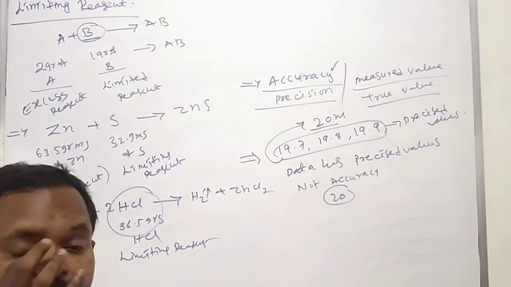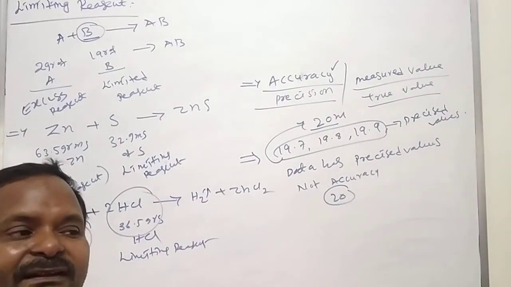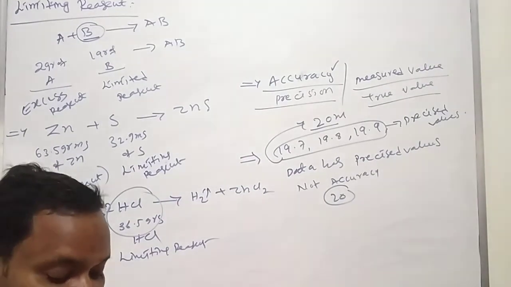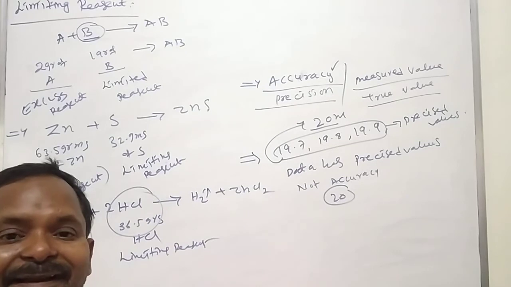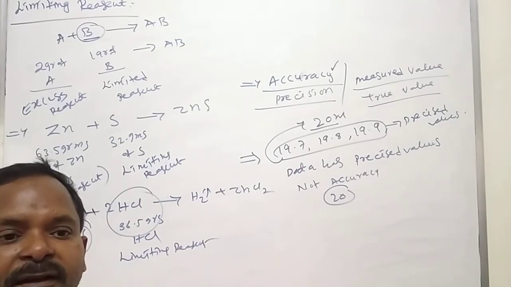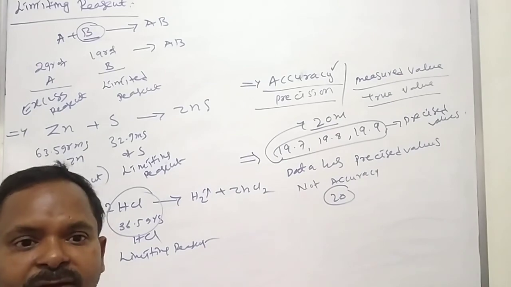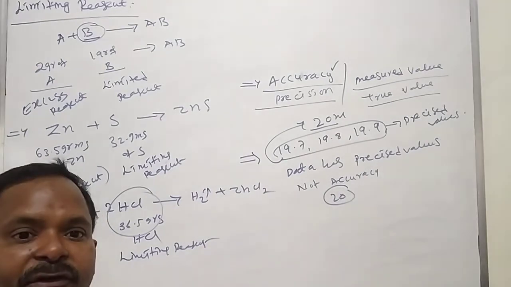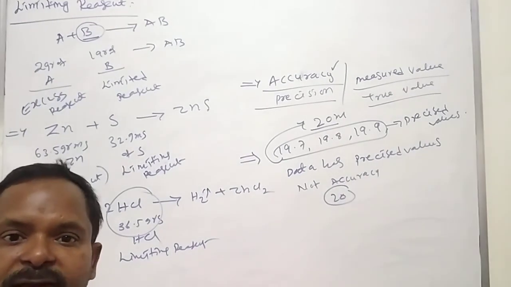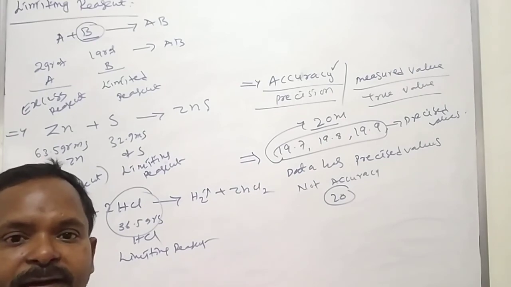This is the end of the first chapter, basic concepts in chemistry. All these are fundamentals and very useful for the NEET examination, CET examination and JEE examination, also the PU examination. Next, in continuation, we'll see the structure of an atom. We'll start the topic in the next video.